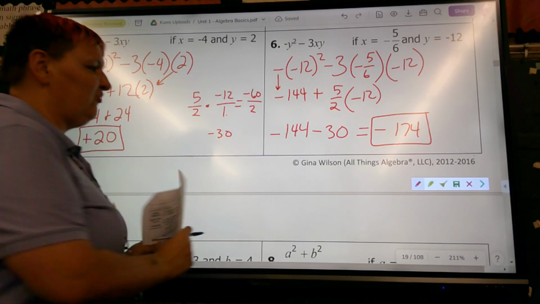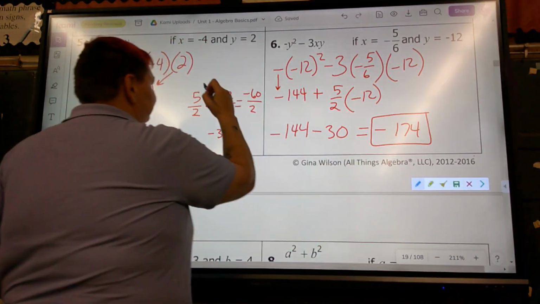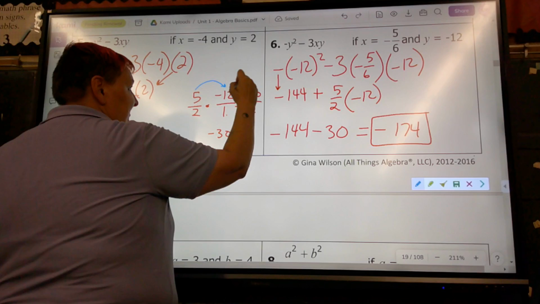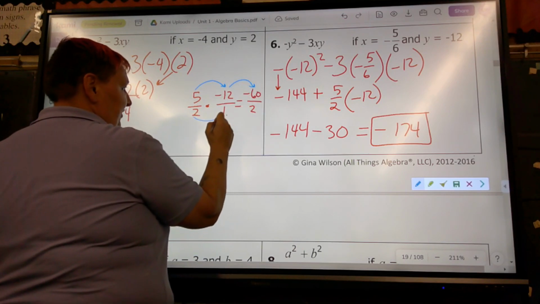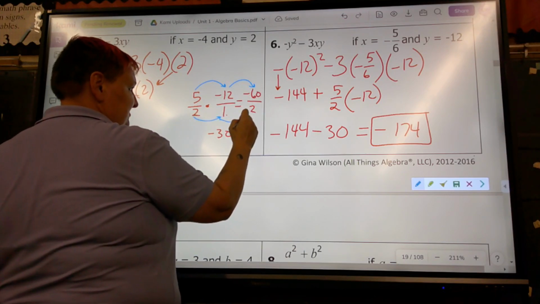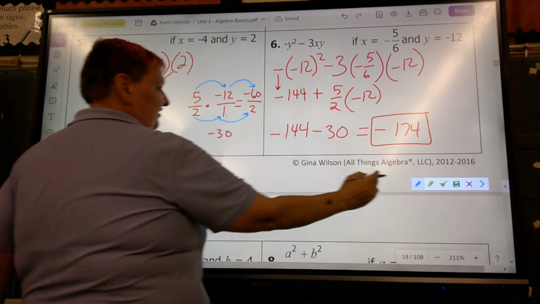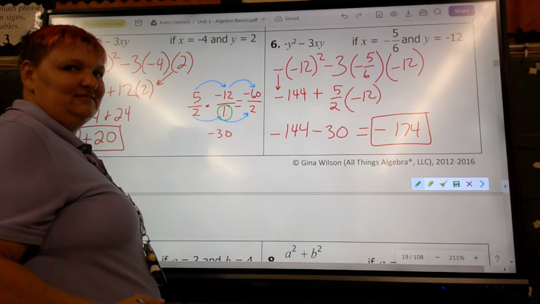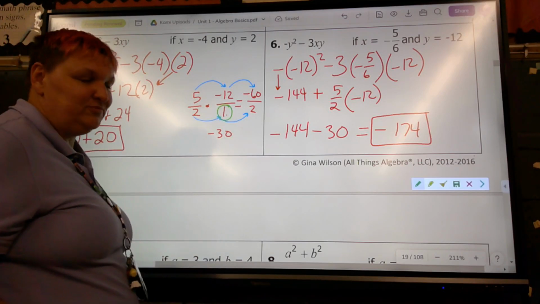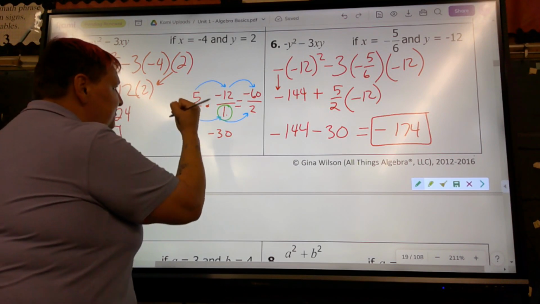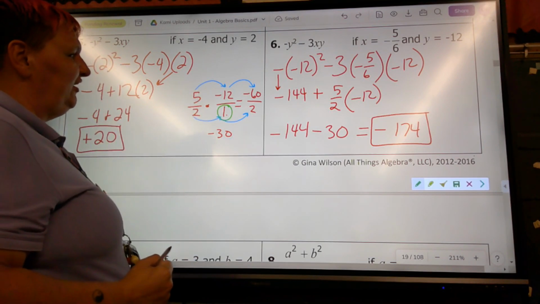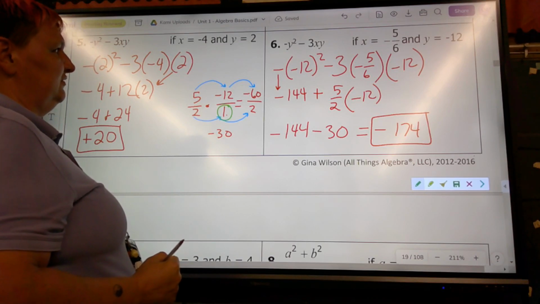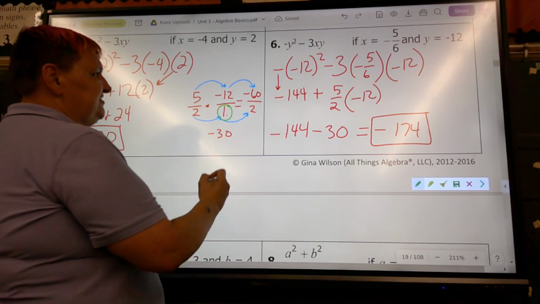You multiply across to get this, and then you multiply across to get this. If this isn't there, put it there. Make it visible. No invisible math. Make it all visible. And all I did to simplify